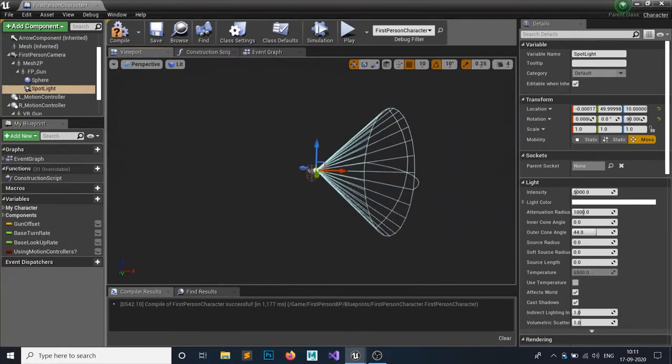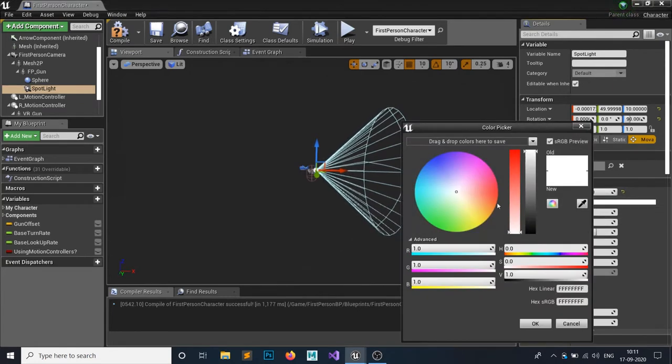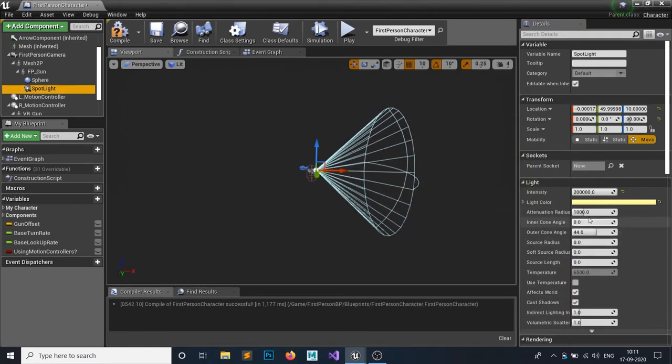And I don't think this spotlight is so big, so the intensity I am going to set to 2 lakhs, so it will work. And the light color should be a dark yellow. Oh, yep, I'm happy with this light color. So this should be our light color.